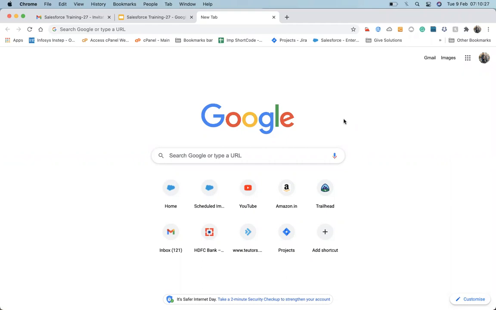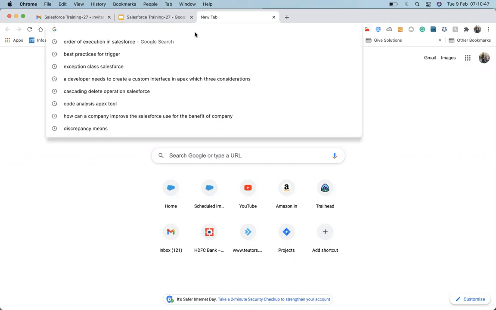deployment, these kinds of things. But we are using VS Code because it's quite light. Compared to the other tools, its installation is easy and its working is easy, so that's why we are using VS Code. So let's start with how to use VS Code. First, we need to install VS Code on our system.